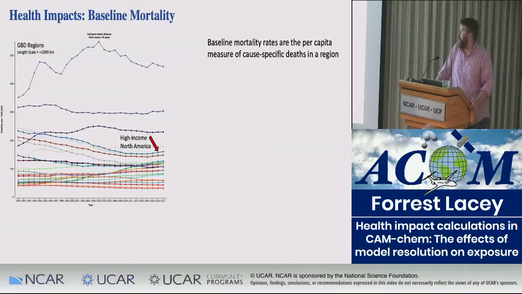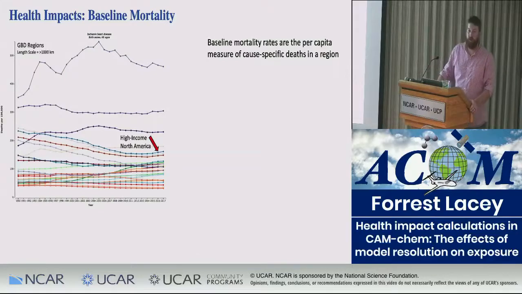The second part of these health impact calculations is baseline mortality. And baseline mortality rates are basically a per capita measure of cause-specific deaths in a region. So this chart here, what I'm showing is the number of deaths per capita for ischemic heart disease. And the top axis, I apologize, it's a little small, is 500 deaths per 100,000 people. And then you can see that this specific analysis that's part of the GBD project